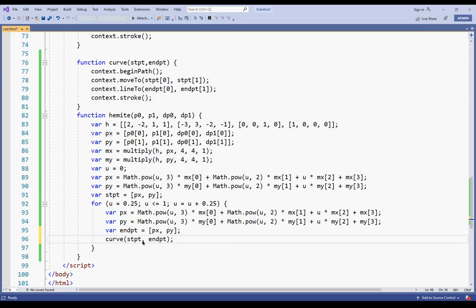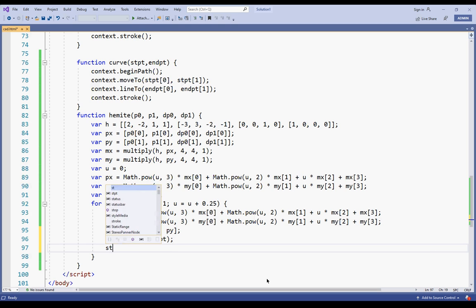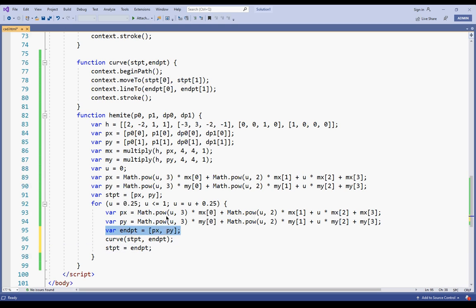So this is my first point and this is my second point. Within these two I got something. For the next time, my start point is going to become my end point. That is going to change, and the new endpoint will be calculated again, but this time u will be added together for the next time, and u becomes 0.5.